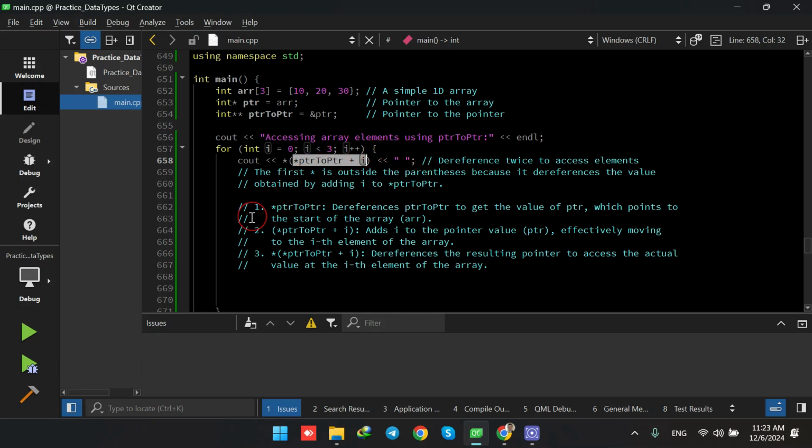So basically, what it does step by step is that this part of the code is dereferencing the PTR to PTR to get the value of the first pointer, which points to the start of the array. Okay, and this is dereferencing the first pointer, and then it adds the value I to the pointer value, effectively moving to the ith element of the array. So when I equals 0,